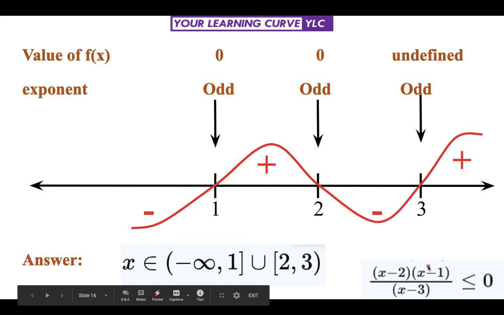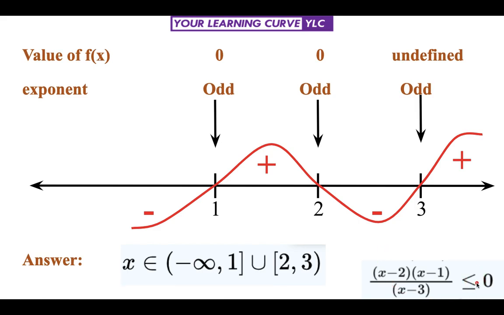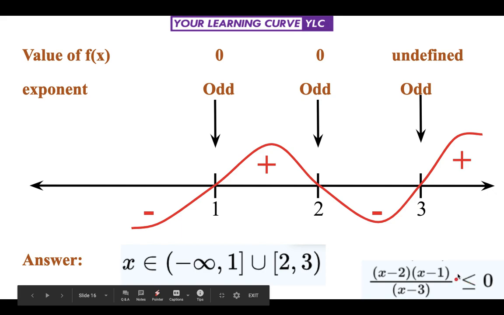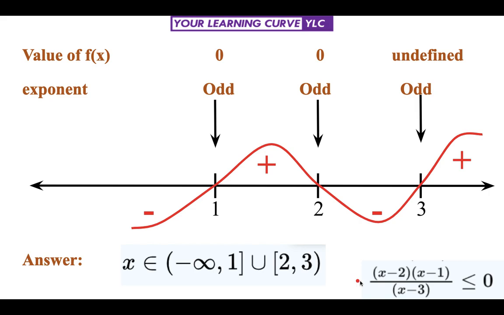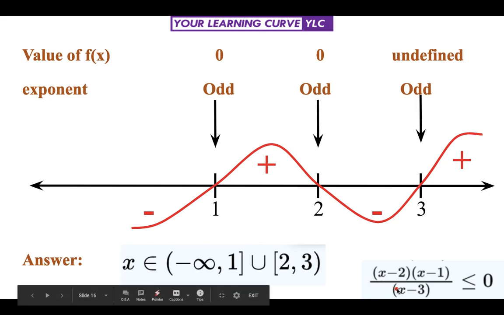You don't need to get confused every time about the sign of the inequality. We were asked greater than or equal to 0, and we are writing less than or equal to 0. We have written the same function over here by making the suitable adjustments. So it is still the same inequality which was given to you. This inequality is exactly the same. You write the answer for this inequality, you will get the answer for your given inequality.